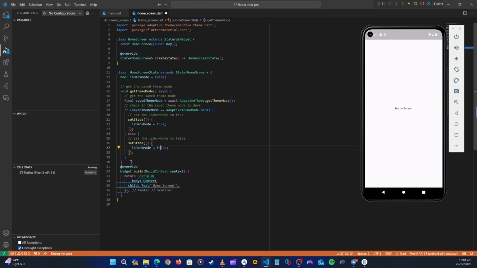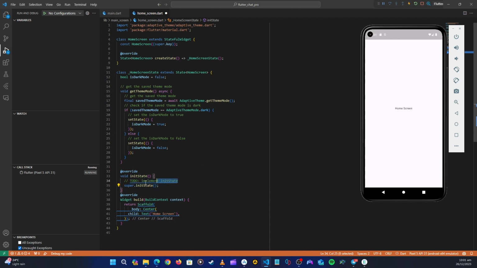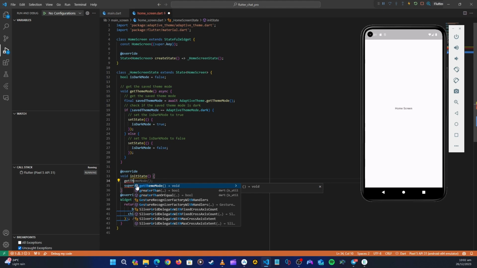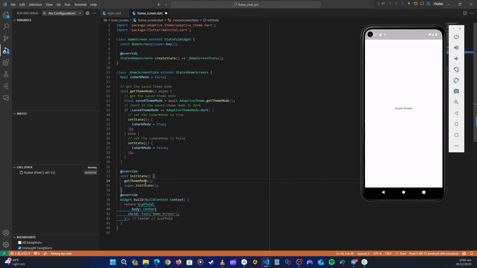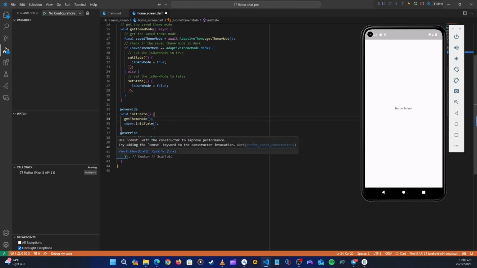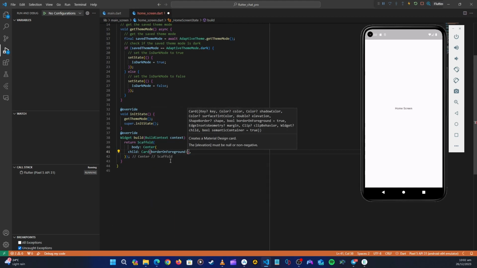Okay, and then this method, let's call it now in initState. So here let's say getThemeMode, like that. And then now here let's create a method that will change these values. Okay, so instead of returning a child here, let's return maybe a card. And then the card, note this, that it wants to return. So inside the card here, let's return